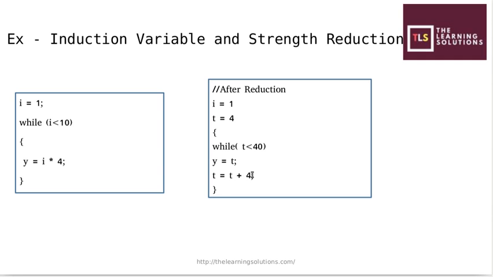Some assignments are changed like this, induction variables are used, and the strength of this expression is also reduced by introducing the low strength operator, that is plus. So in this way induction variable and strength reduction can be combined, and this will optimize the given code, and how, just by replacing the high strength operator with the low strength operator. So that's all in this session. We have seen a total of 5 techniques of code optimization. In the next video we will see the peephole optimization technique. Thank you so much.